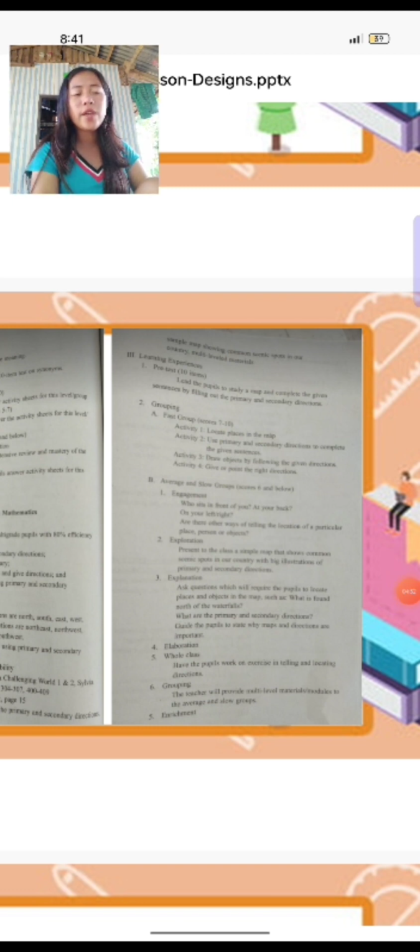Okay, so in the learning experience, the teacher lets the student have a test, and this test leads the pupils to study a map and complete the given sentences by filling out the primary and secondary directions. So in grouping, the first group is